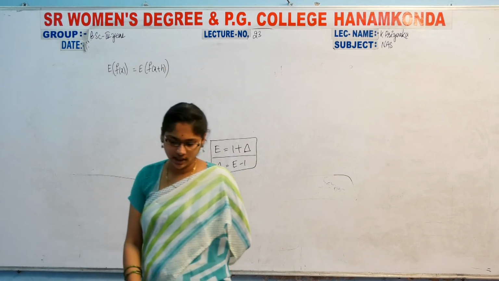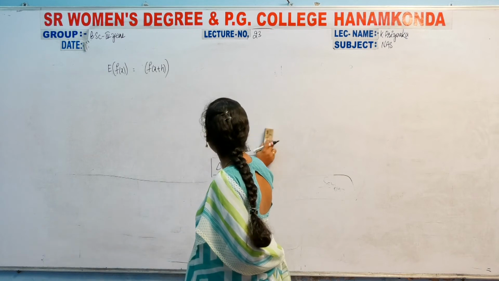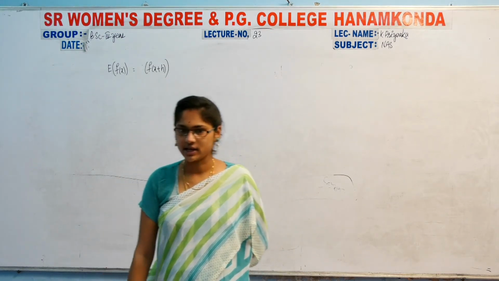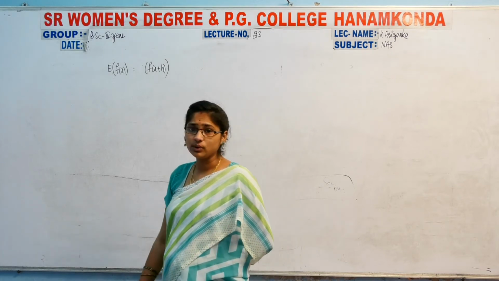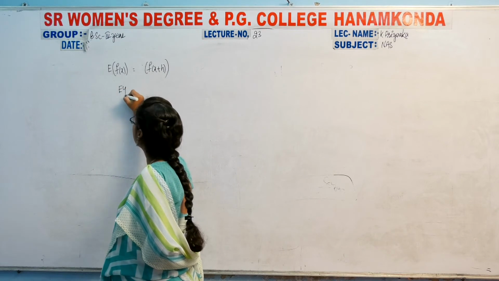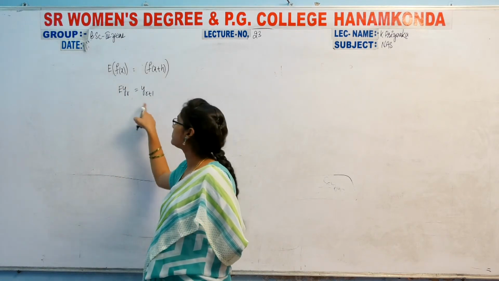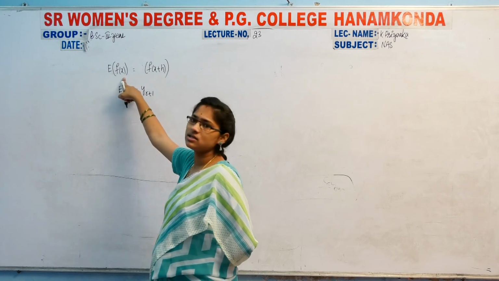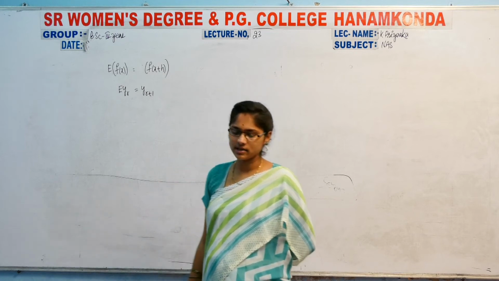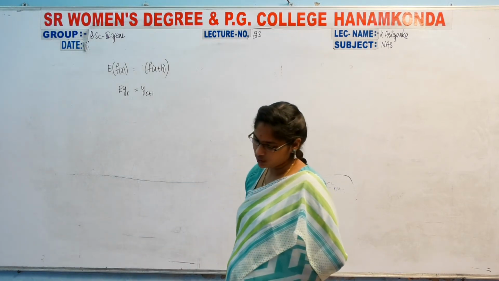So generally, if we consider a function E of f of x, that is equal to f of x plus h, and of course we know the formula that E y r is equal to y r plus 1. Here I am taking f of x, and r plus 1 means x plus h. So now we know that